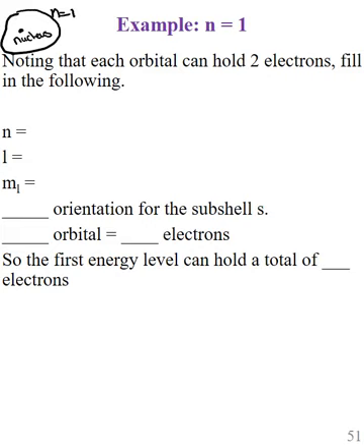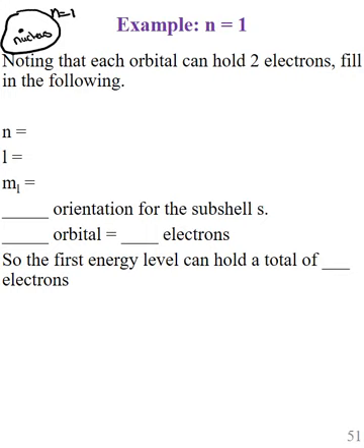n equals 1. Quantum numbers are somewhat of an abstract idea, so I really want you to get some practice with this. So we're going to go through 4 different shells so you can get a lot of practice and see what these quantum numbers represent and how to find them, even though we've talked a little bit about that already. Okay, so noting that each orbital can hold 2 electrons, fill in the following. Okay, so if n equals 1,